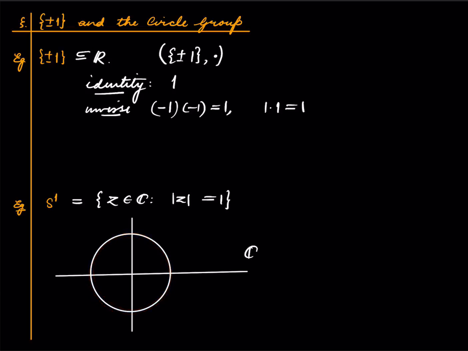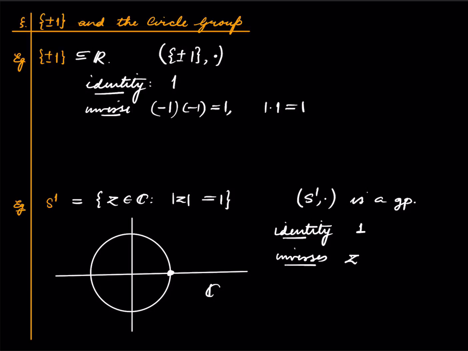This is S1. And this is a group under multiplication of complex numbers. Everything here is already a complex number. So all I want to say is that S1 under multiplication of complex numbers is a group. And again, associativity is something that one does not even need to check. Identity, the complex number 1 is here, and of course it lies in S1, and this is the identity of this S1. And inverses,